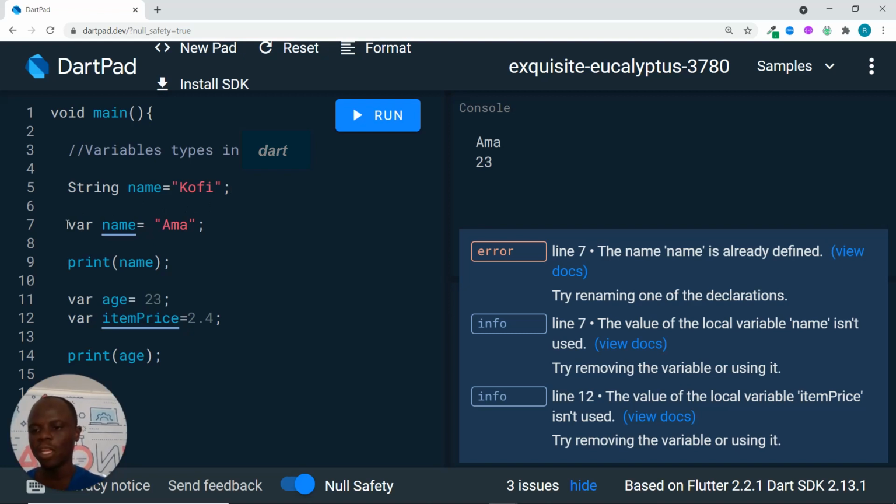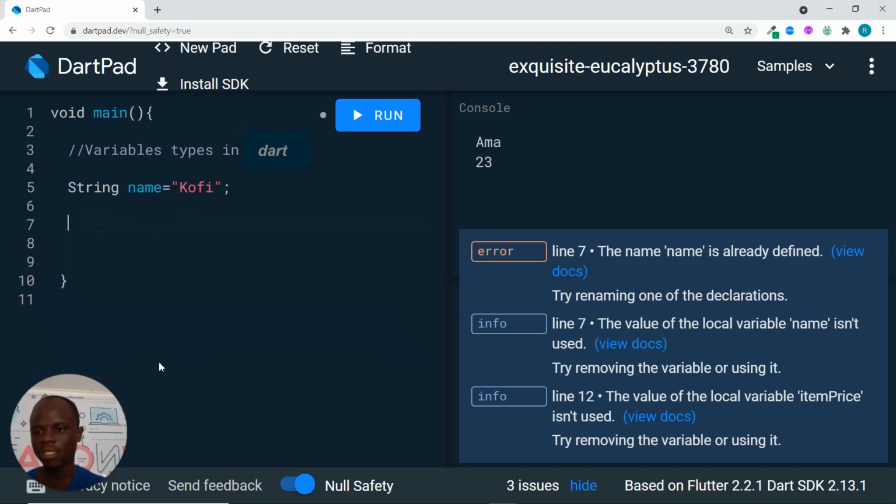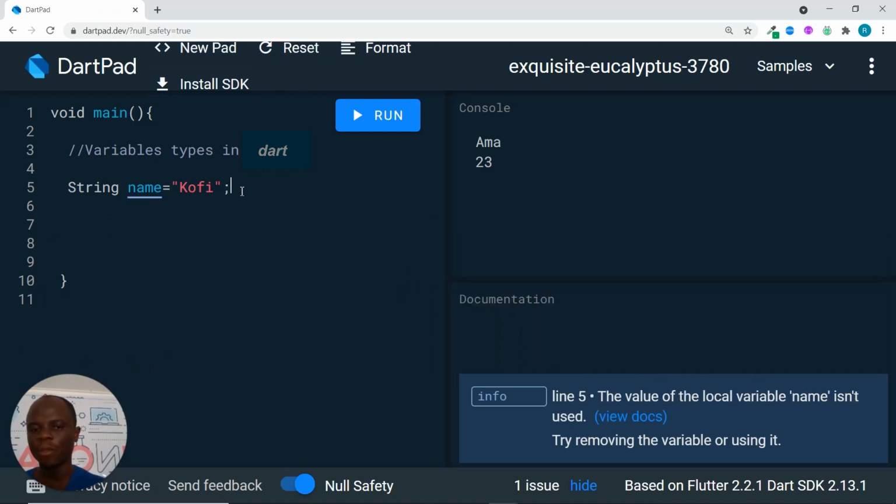So let me quickly remove these ones here. This is our variable. Let me cut it out. So now we have our String name. So we use what? Strings. Strings are used to hold what? Text or objects in single or double quotes. Are we okay? So now, if I want to see the value of this name, I'll say print,